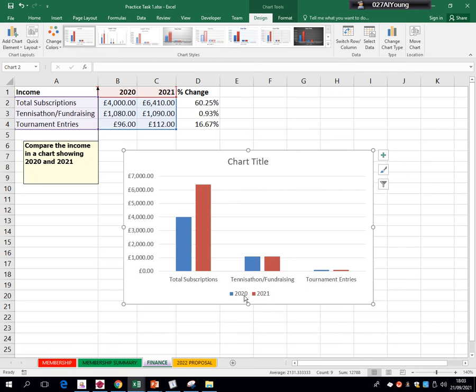To make sure that you've labelled it correctly, you can see that this number's lower than this. The blue is lower than the red, so you've got the years the right way round. Now you need to give it an appropriate chart title. Income's not really enough because it's not simply showing income, it's showing an income comparison